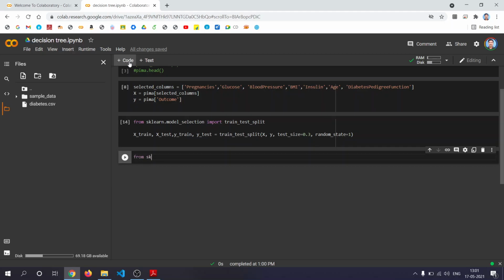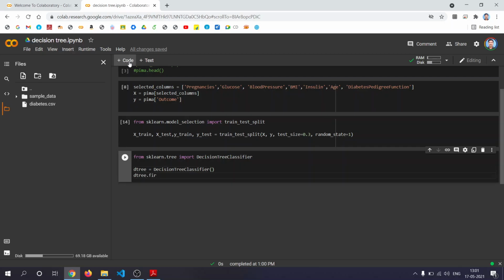From sklearn.tree import DecisionTreeClassifier, and we'll say d3 is equal to DecisionTreeClassifier, then d3.fit with X_train and y_train.